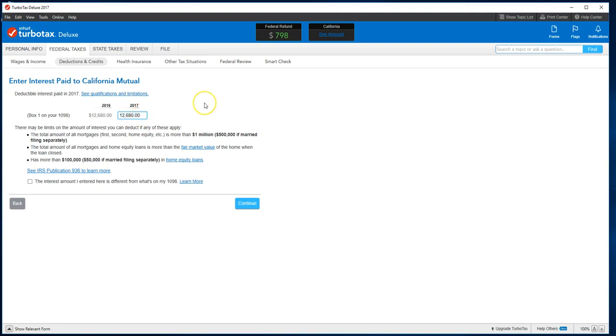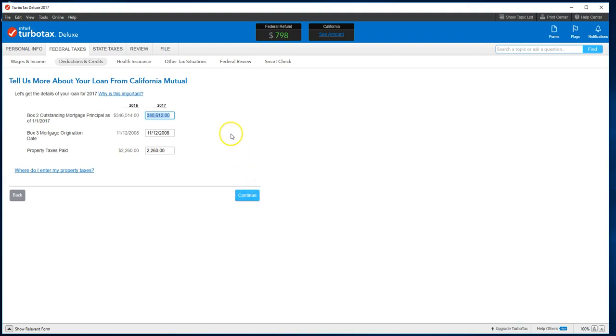And the amount of interest that is deductible for 2017 for Michael and Janice is $12,680. It's exactly the same as it was last year. We also have to report the outstanding mortgage principal amount. In this case, it's $340,612. We have to put in the mortgage origination date, and then we can also add the property taxes that were